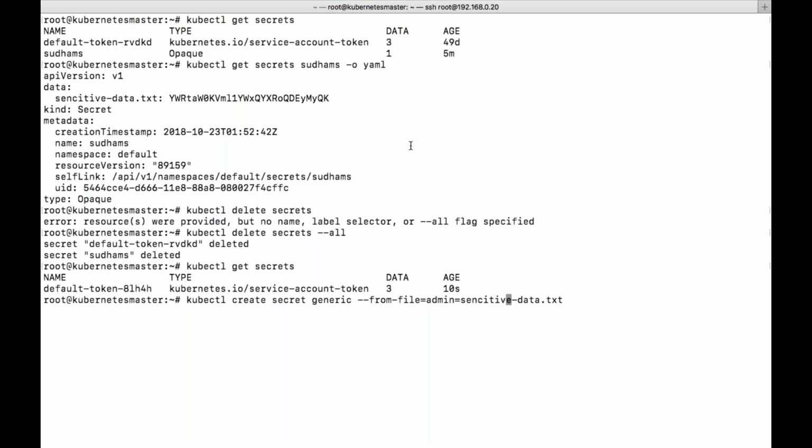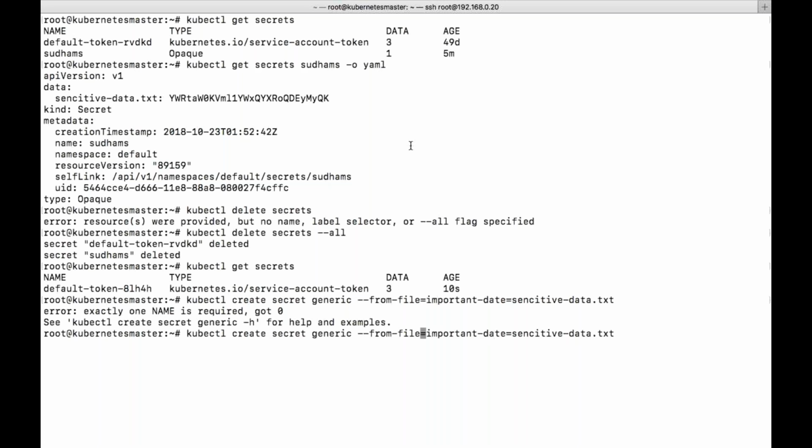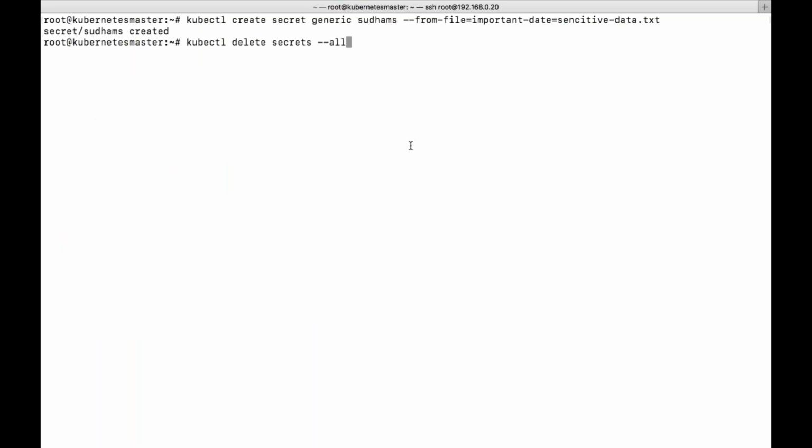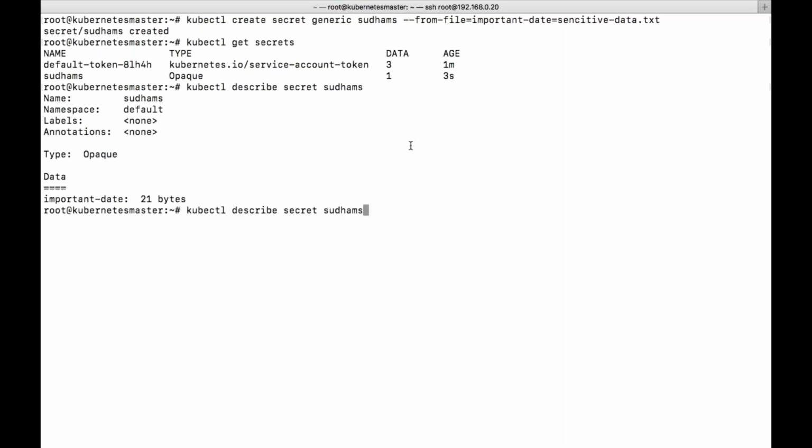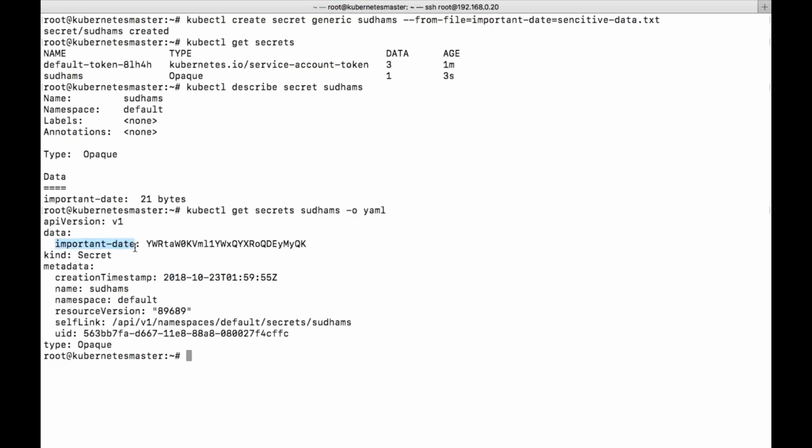Whatever parameter I have specified is given as the key, and the value is the data present in the file.